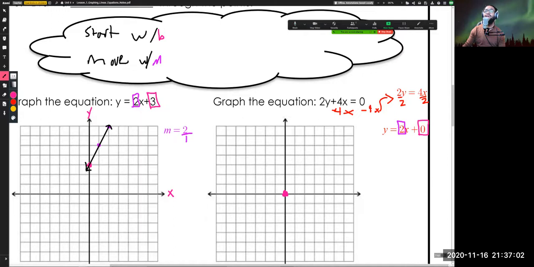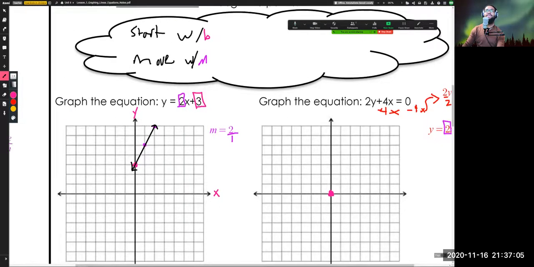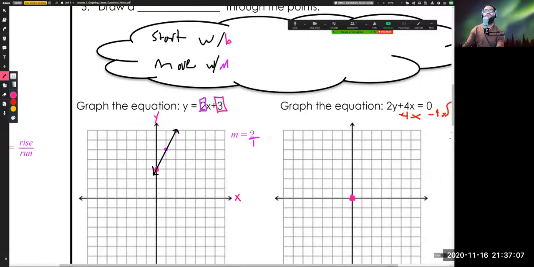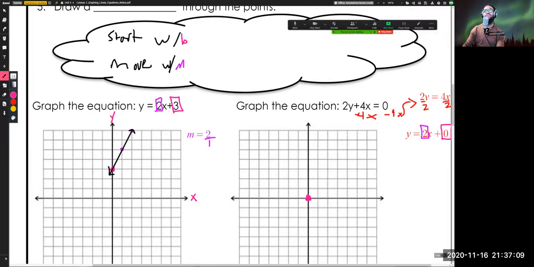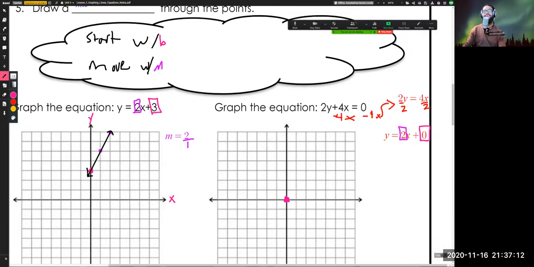Remember, slope is rise over run. We had 2 as our last example. With slope being 2, we don't have a run explicitly written, but we know it's going to be this 2 over 1 again. So we're going to rise 2 and run 1. And then you plot your point after you have done what your slope says to do. This one says rise 2, run 1. We're going to start at our y-intercept, rise 2, run 1, put a point. Do it again. Rise 2,